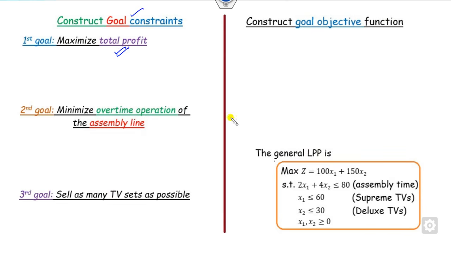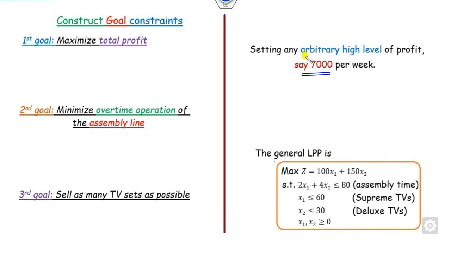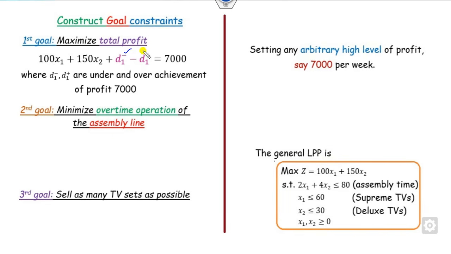Your target is to maximize the profit. So profit is here, but what is the profit target? Is the 1000? Is that 2000? Either the 4000 and so on. So since it is not being given to you, so you can assign it as yourself as high as possible. You can set either as a 1000, or 70,000 as per your goal. So your target is to set as a 70,000. Again, it can be underachieve or it can be overachieve about this 70,000. So you can set the goal as positive and negative. These are the under and overachievements.